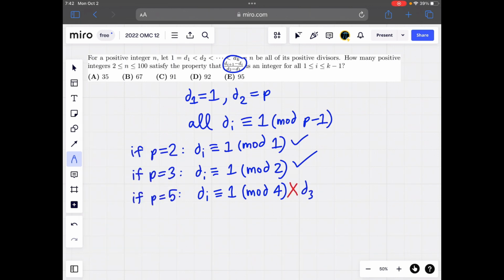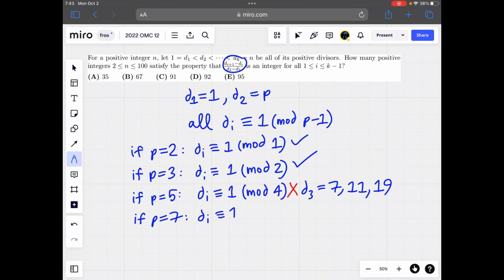So we don't have this property when d_3 is equal to 11, because that's not congruent to 1 mod 4. And we don't have this property when it's equal to 7. It's not true when it's equal to 11, and it's not true when it's equal to 19. So 5 times 7, 35, 5 times 11, 55, and 95 all do not satisfy the property that this ratio is an integer. Those are the only ones we have found that are less than or equal to 100. And if p equals 7,